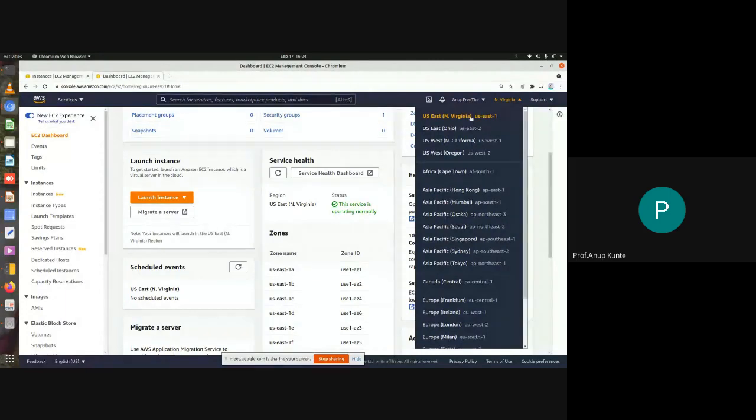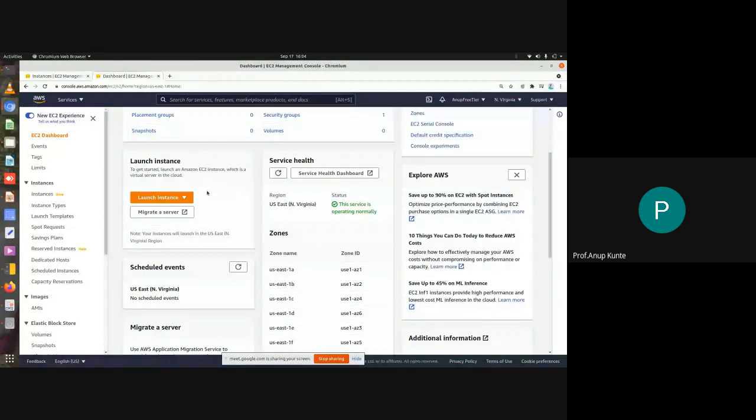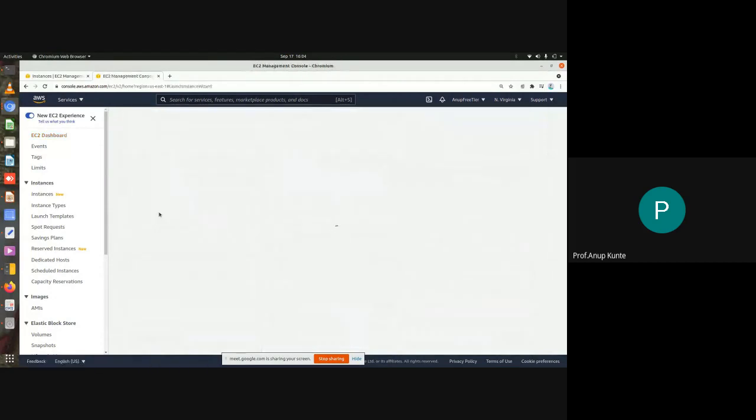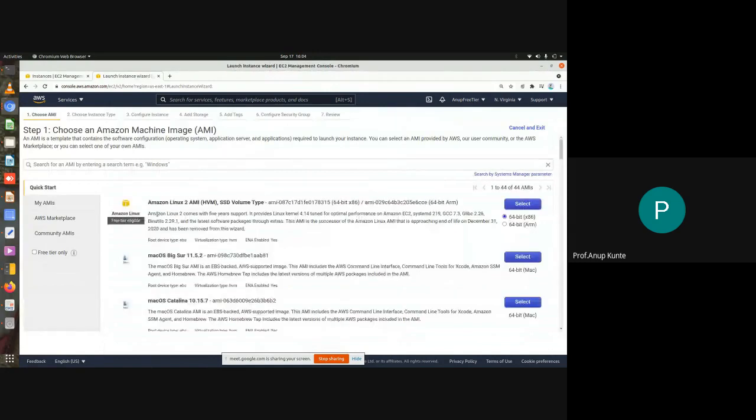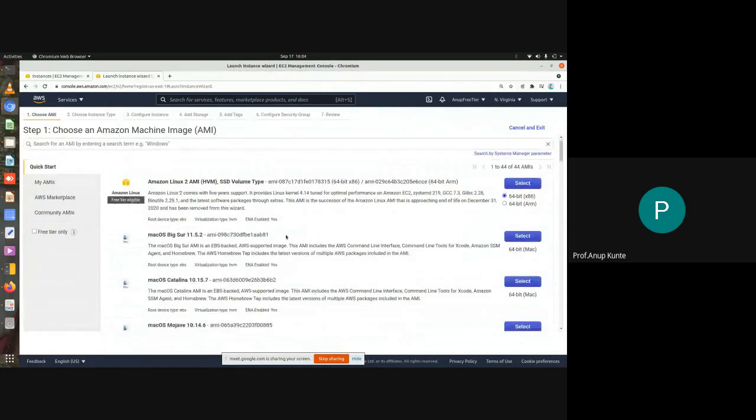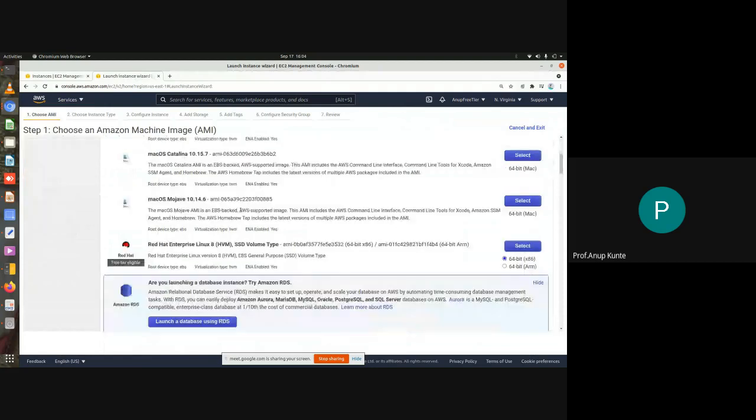So currently this user that I've created, which is a free tier user who is working in US East Coast region, I'll just select that region only. By default it is selected, but if not, you can select that region. I can go to launch instance, click on launch instance. It will ask me few details about the instance, which kind of instance I want to run. Okay, so this is Amazon Linux 2, but I don't want an Amazon Linux for this session.